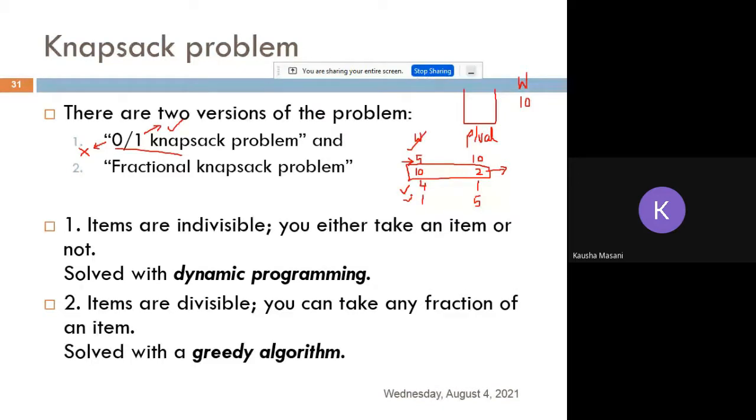This is the approach that we are going to do in your dynamic programming. Items are indivisible. You either take an item or not. Whereas in your greedy algorithm, you can divide your items. Like for example, 10 items I have, of profit value 2, then I can divide it: 5 values from this and 5 values from the previous item. So that is divisible, but that is in terms of the greedy approach, not in your dynamic approach. The slide is clear? Online students, yes or no?